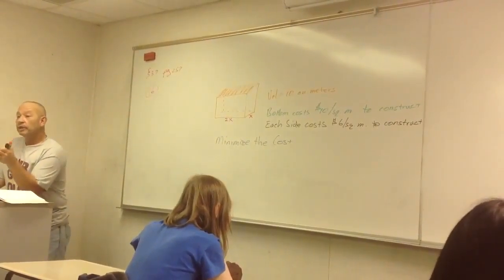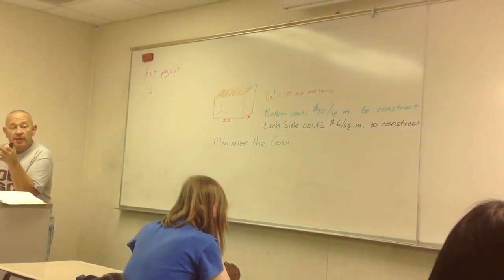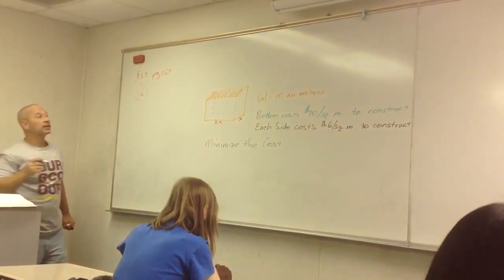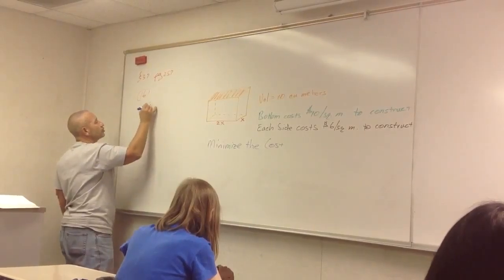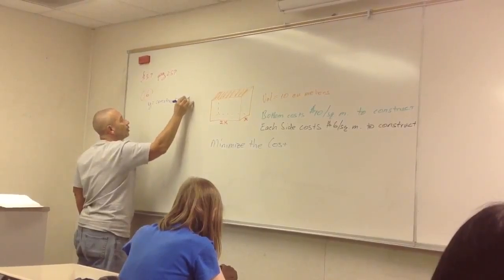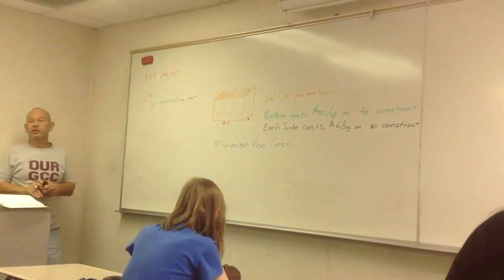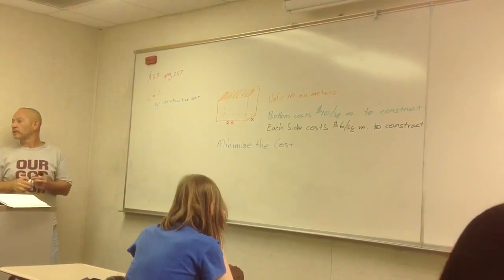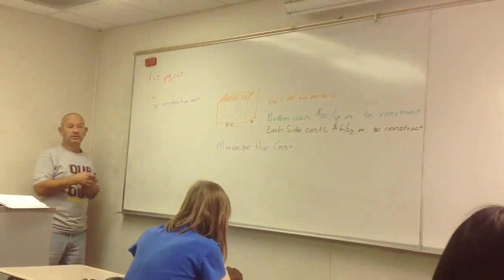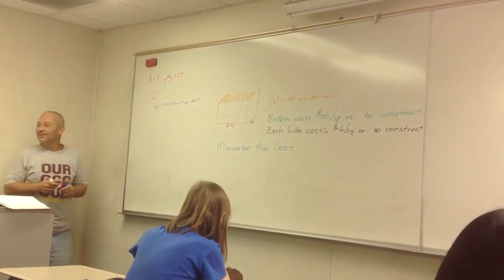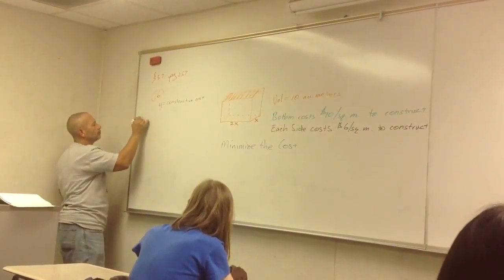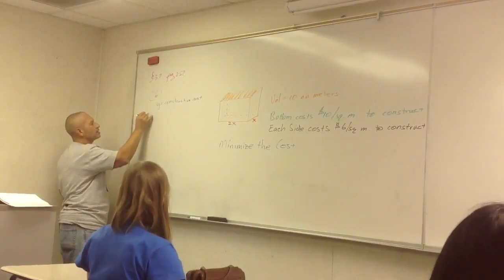So, remember what we do. Y is the thing that we find the largest or the smallest of. So I'm going to let Y equal the cost of construction. Anybody want to help me build an equation here for Y? How much does it cost to build the top? Nothing. There ain't no top. How much does it cost to build the bottom? 10. So I've got the cost of the bottom